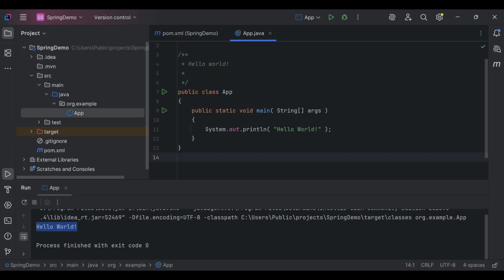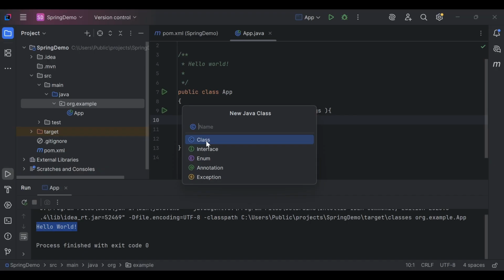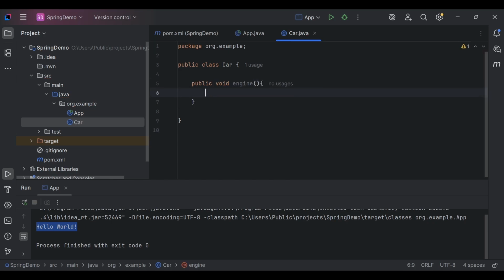So if you have been following, in the last tutorial I explained that Spring is famous for removing dependencies, and it does that by creating objects or beans inside a Spring container. So let's try to understand how we can avoid creating new objects by ourselves and assign the Spring framework to create the objects for us rather than us creating the objects. So I will delete this line over here, and in the main package, I will create two classes. Let's name this class as Car. Inside this, I will have one method over here which says public void engine,